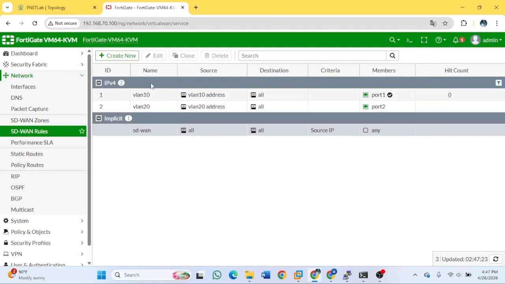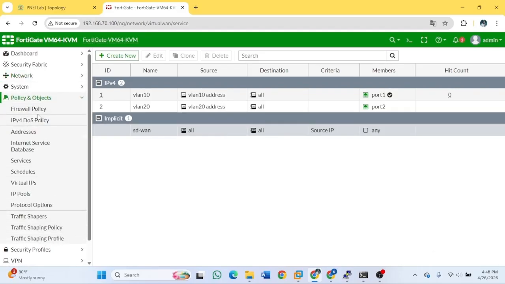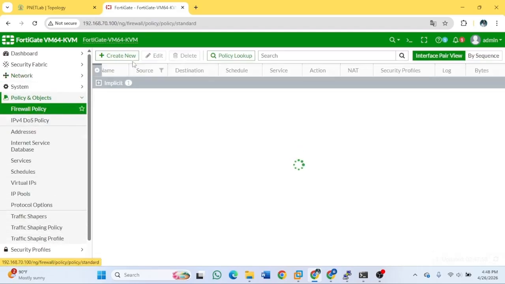After that we're going to make the policies. Wait, I forgot, it's the firewall policy. Yes, firewall policy. Create new.